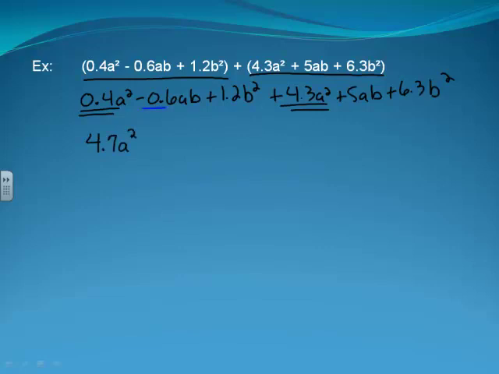Then we have some AB terms. We have negative 0.6 and positive 5. So again, either off to the side or using your calculator, if you take negative 0.6 and add to it 5, you get positive 4.4 ABs. And then finally, you've got a positive 1.2b squared and a positive 6.3b squared. If you take 1.2 and add to it 6.3, you get positive 7.5